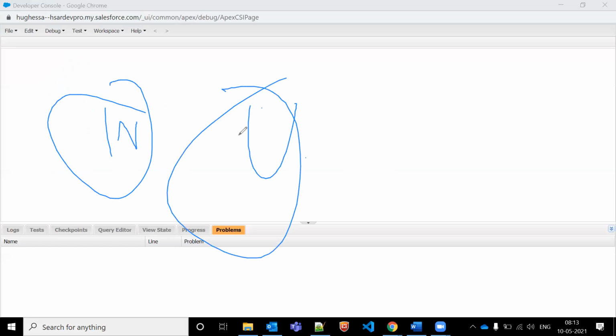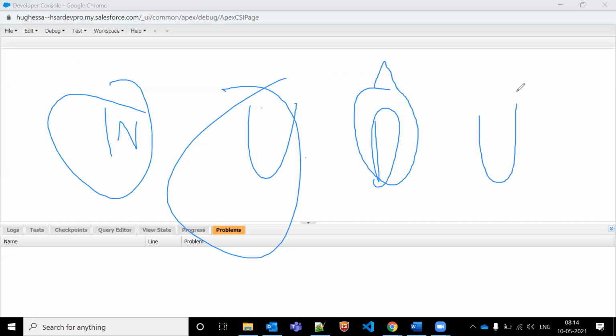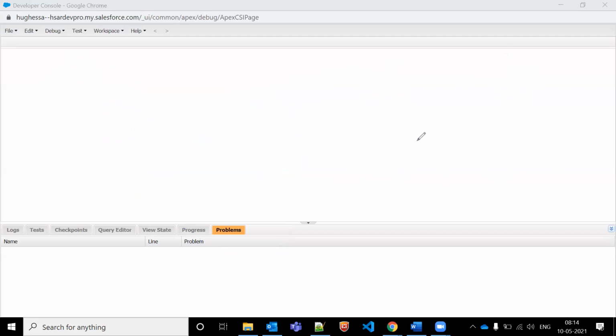Apart from this, we had only two things in workflow and process builder, insert and update, but we didn't have delete and undelete. These are two DMLs we cannot perform with out of box features, so we need to achieve them with the help of trigger only. In Apex Trigger, all these things we can call DMLs, but in the technical word, in case of trigger, we'll say they are events.